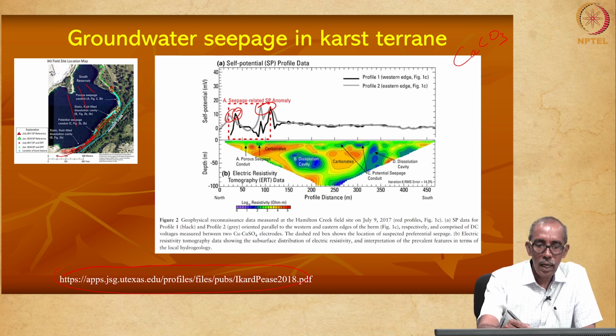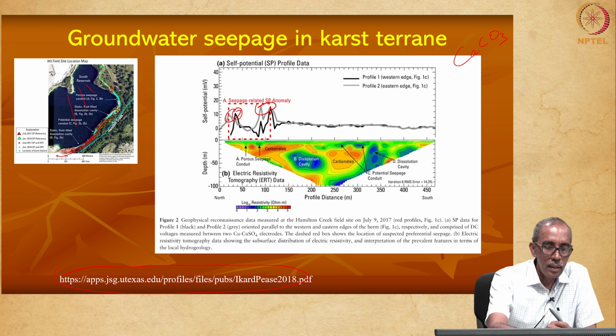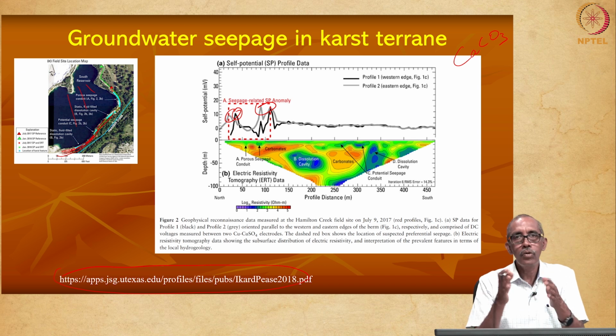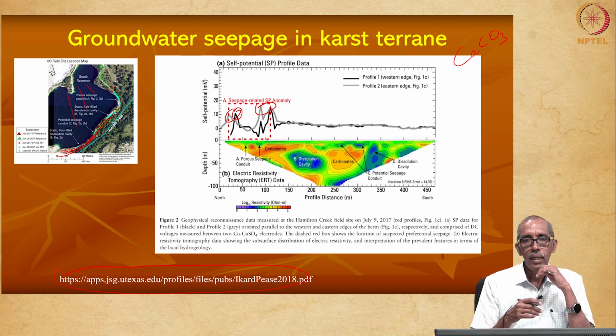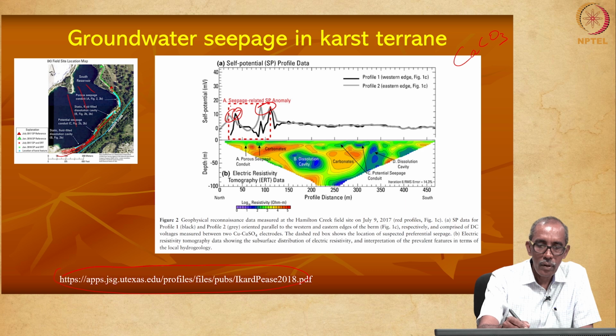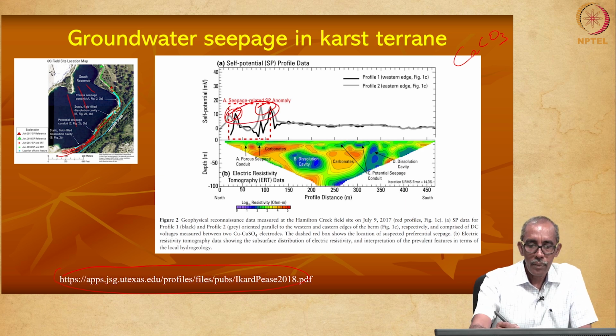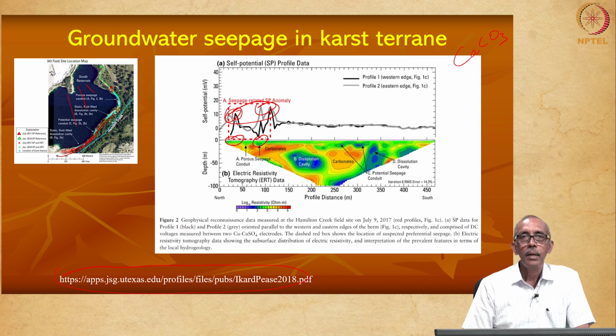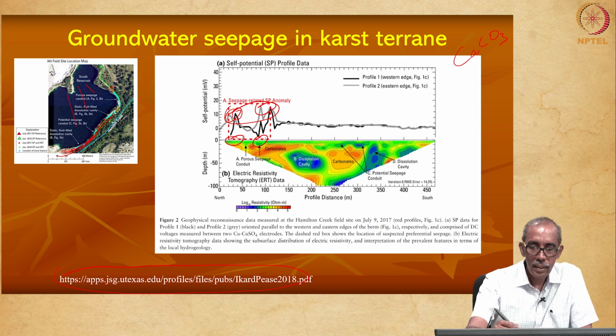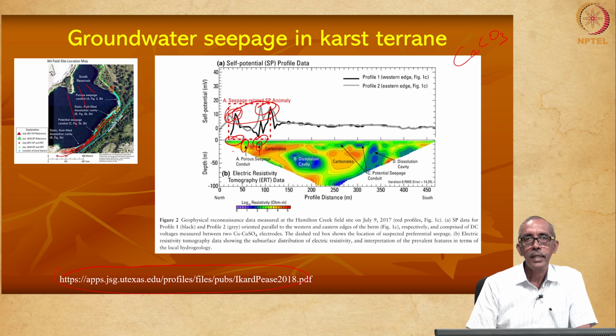These two, the dark black color and gray color, are the two profiles. Here you can see the survey has been done in two parallel lines, right. So, the region where we had very high cell potential, somewhere here as well as here, these are all the possible locations where there is likely to be some seepage from the dam, right.